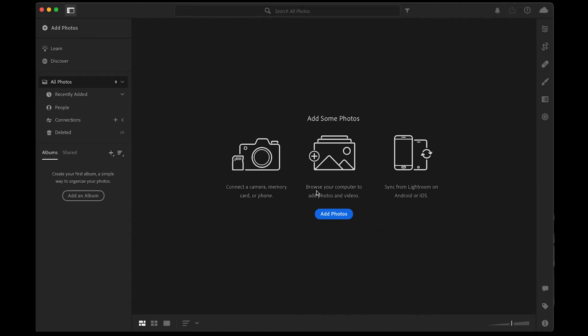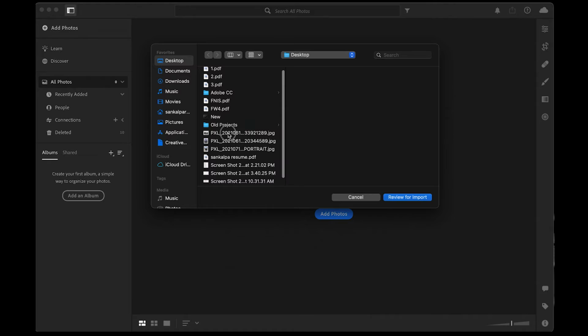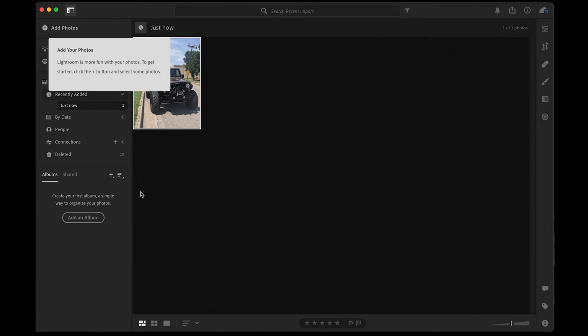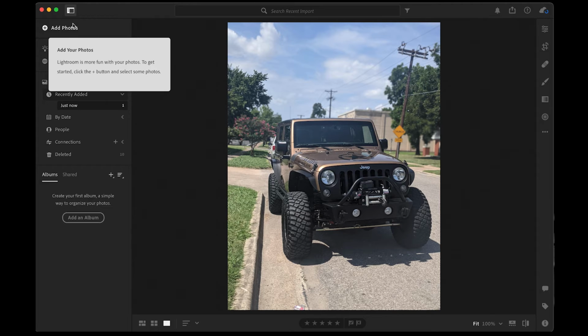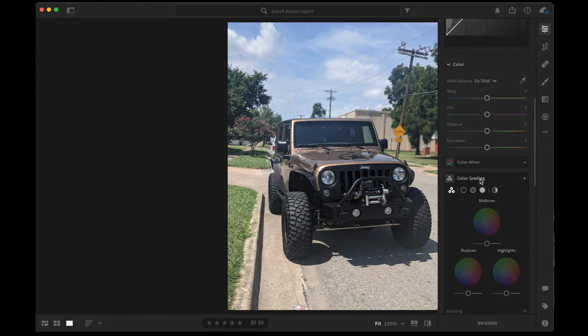So at first I always add photos from here, and then I like to add this picture this time, and add one photo, and then I click here and then I hide this sidebar and open this, and then I just work on all of these